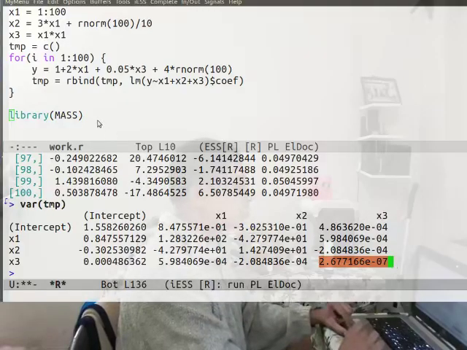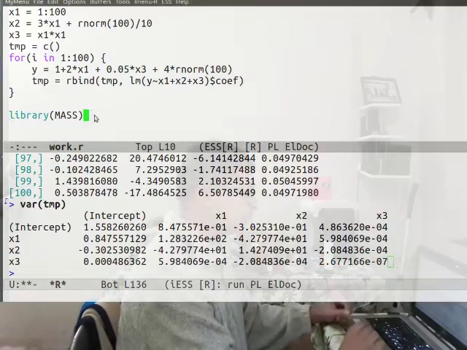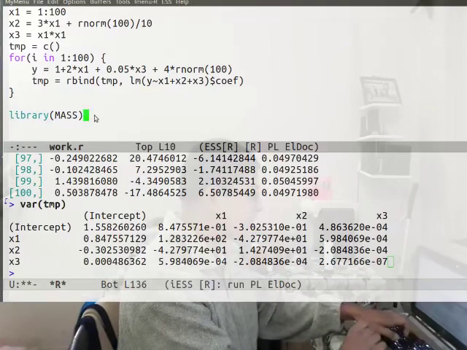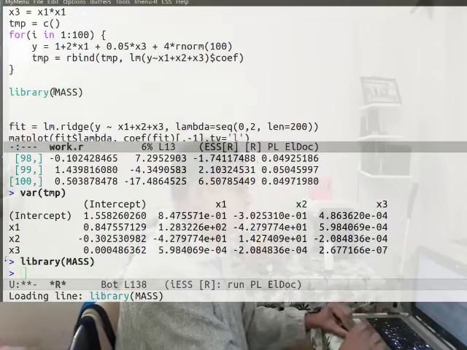Now the first thing that I will show is ridge regression. For that you will need again a package which you do not need to install. It is always installed by default. You load it, MASS,